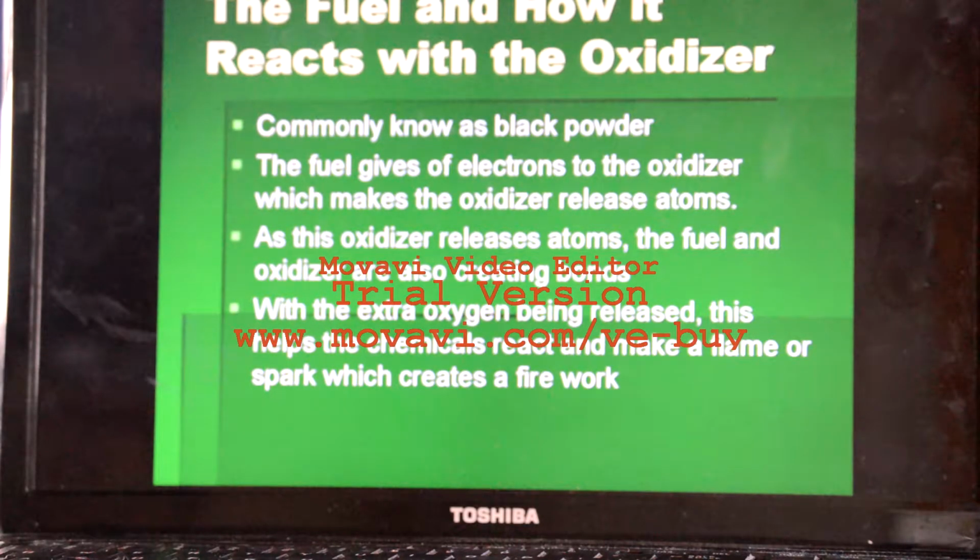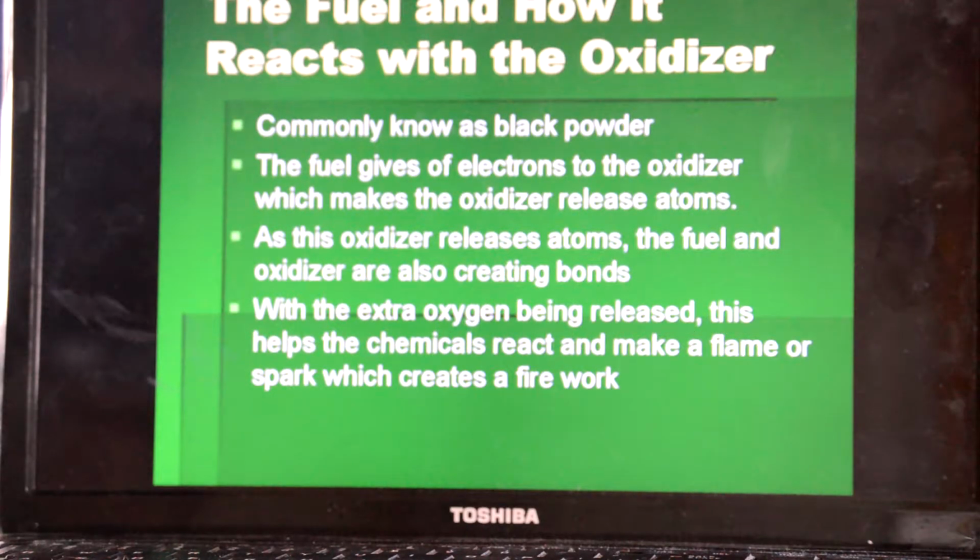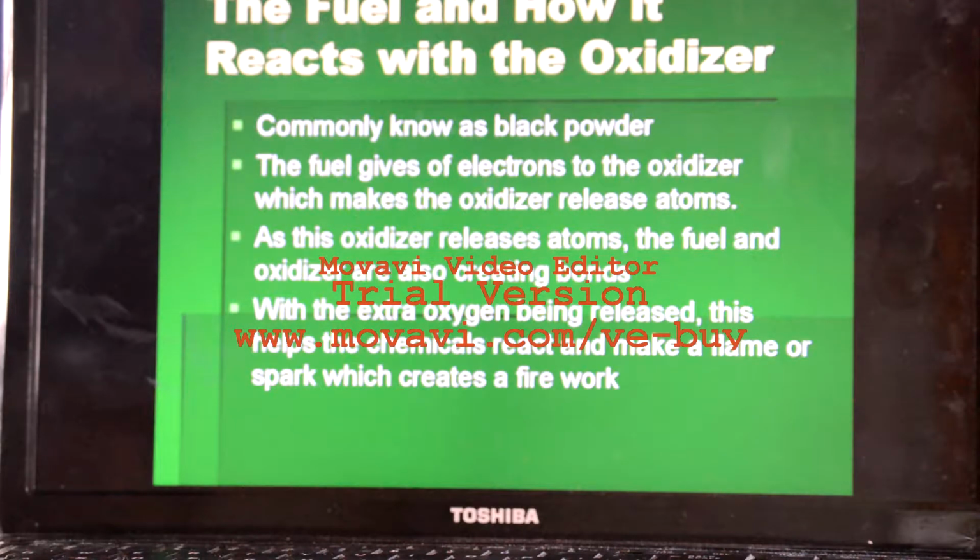The fuel and how it reacts with the oxidizer. The fuel is also commonly known as black powder. The fuel gives off electrons to the oxidizer, which makes the oxidizer release atoms. As this oxidizer releases atoms, the fuel and the oxidizer are also creating bonds. With the extra oxygen being released, this helps the chemicals react and make a flame or spark, which creates a